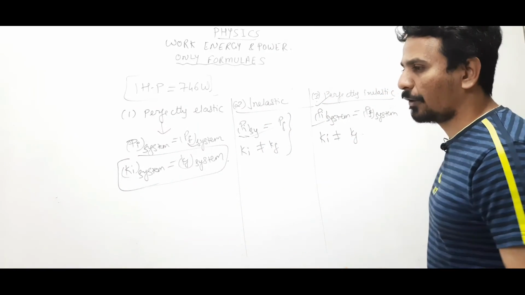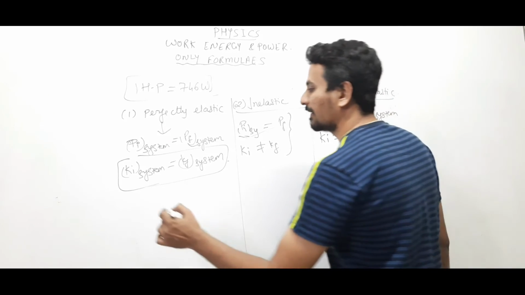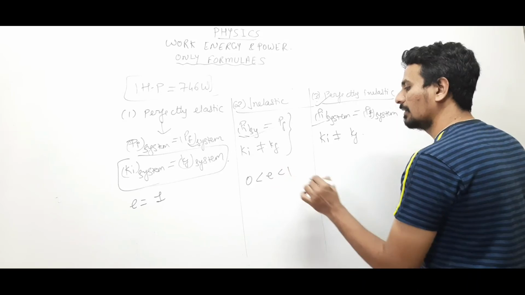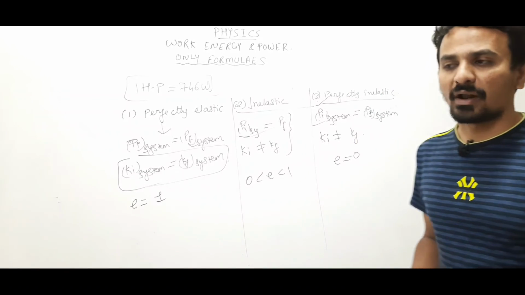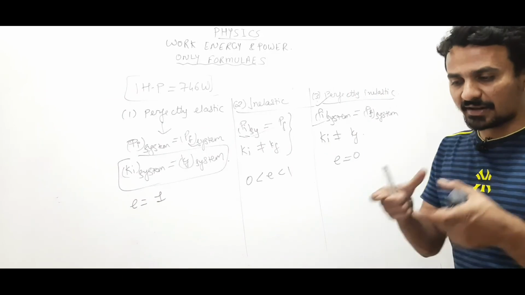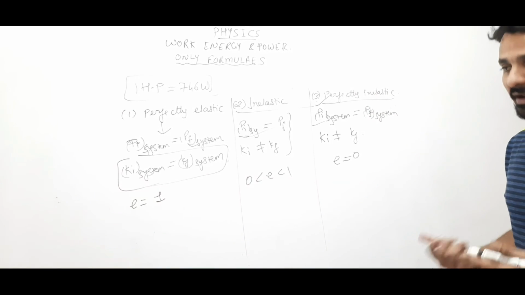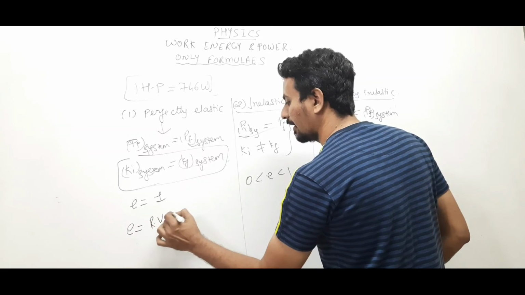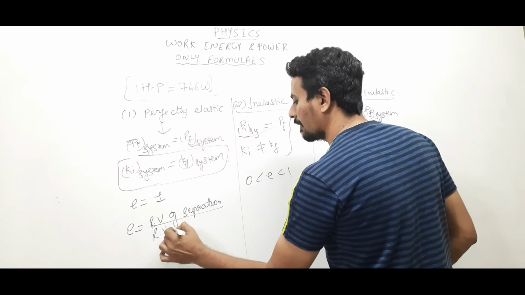We had also derived the formula for V1 dash and V2 dash, the velocities of the objects after the collision. Then we had seen the coefficient of restitution, which is 1 for perfectly elastic collision. It will lie between 0 and 1, and for perfectly inelastic collision it will be exactly equal to 0. What does the coefficient of restitution represent? The amount of kinetic energy the body retains after the collision, right? And the formula to calculate the coefficient of restitution is relative velocity of separation upon relative velocity of approach.